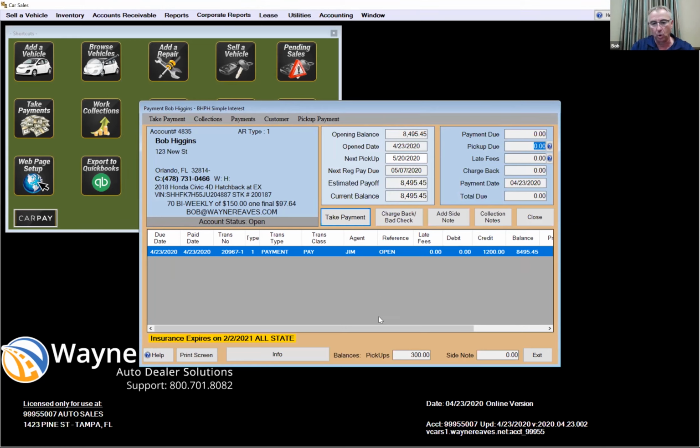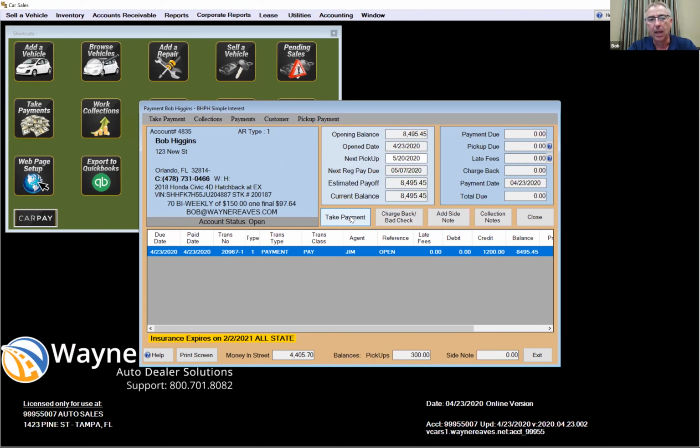There's actually nothing due, but down at the bottom, you'll see I do have pickups in here. I don't have a side note balance. If I click on the info button, I've got $4,405. You'll remember that's how much money we have at risk in the street. And so this is really just the customer's payment card or payment screen that gives us basic information about the customer. If I want to take a payment on this customer, and we'll look at that, we click on take